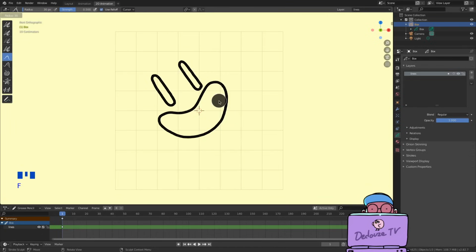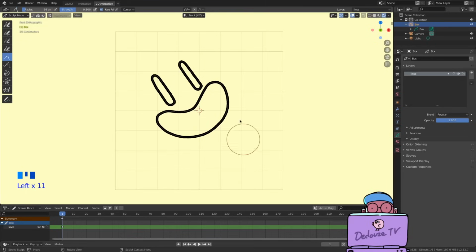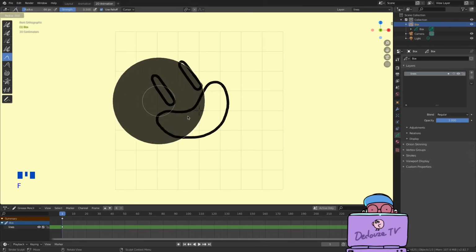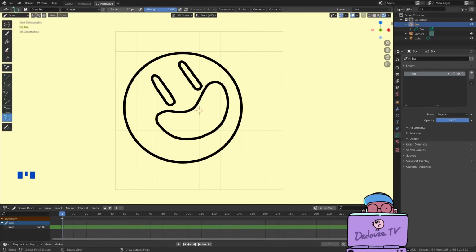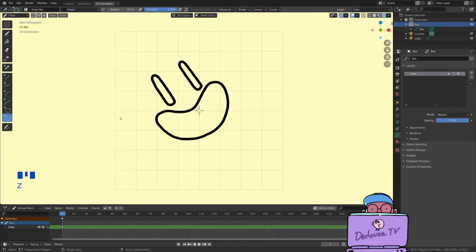You can change the width of your tool by pressing F and moving the mouse to the side. Click to confirm, and now you can grab the drawing with a bigger brush. The F shortcut works to resize all kinds of tools when you're drawing. You can use it for the pen, for the eraser and other tools. I go back to draw mode now. We have tools down here to draw shapes like circles and rectangles, but for my case I prefer to keep some handmade style to the drawing, so I won't use these tools for now.